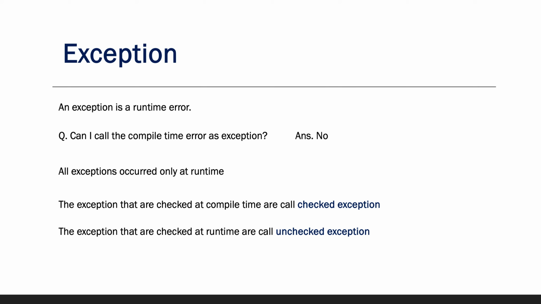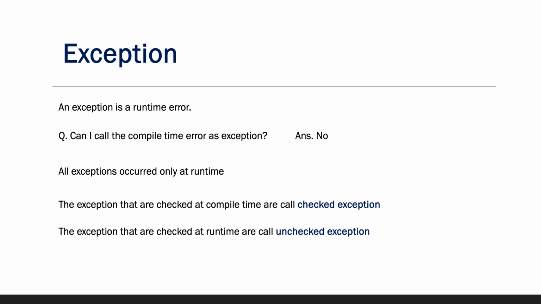Unchecked exceptions and errors are considered unrecoverable, and the programmer cannot do anything when they occur because they occur at runtime. The programmer can only write the Java program with the unchecked exception and error and then compile the program. He can see their effect only when he runs the program.